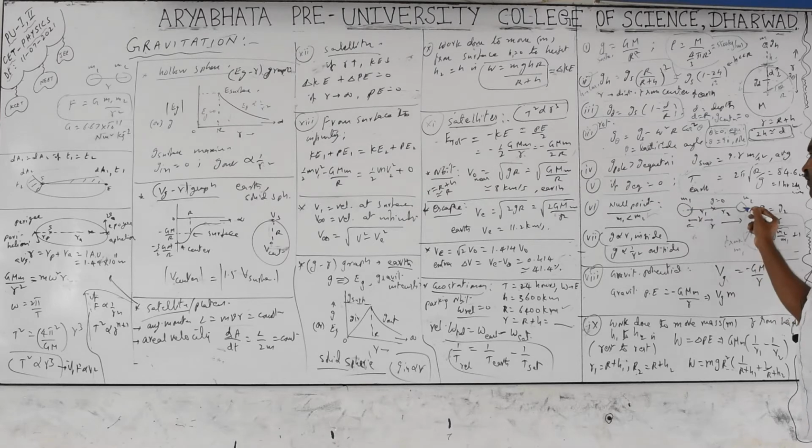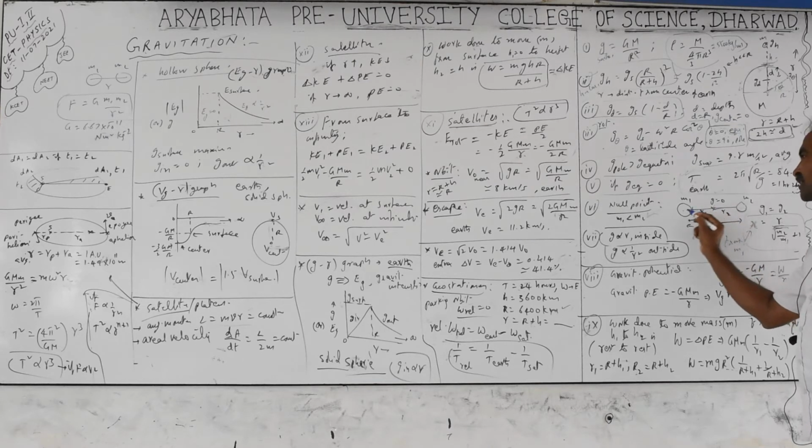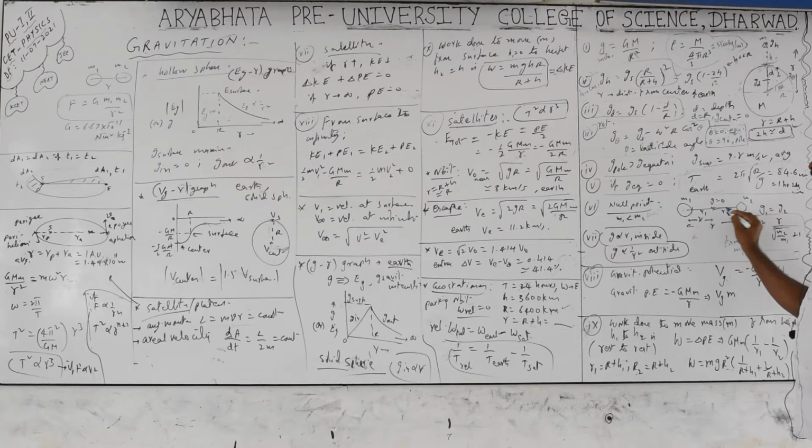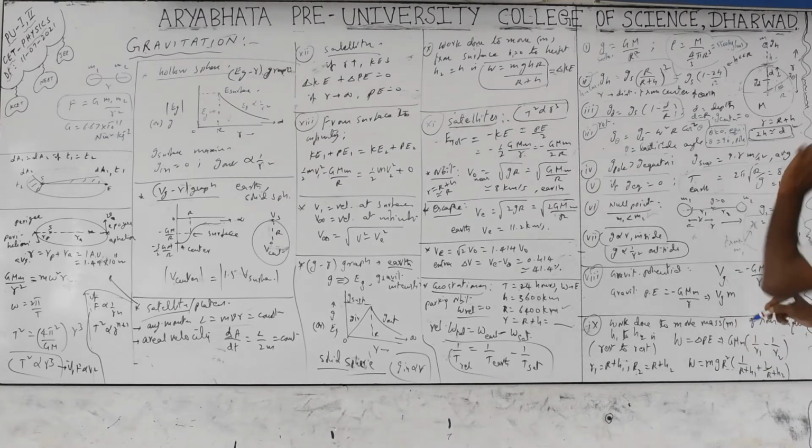So for Earth and the moon, if you are sending any rocket to the moon and it does not cross this null point, it may come back to the Earth again. If it crosses this null point, then it is under the attraction of the moon and it goes to the moon. So if you want to send any rockets to the stars or other planets, you require fuel and energy only to cross this null point. But this point keeps on changing, so when you send it, the other planet or moon should be in the right position to cross this point, because they are not at rest; everything is in motion.